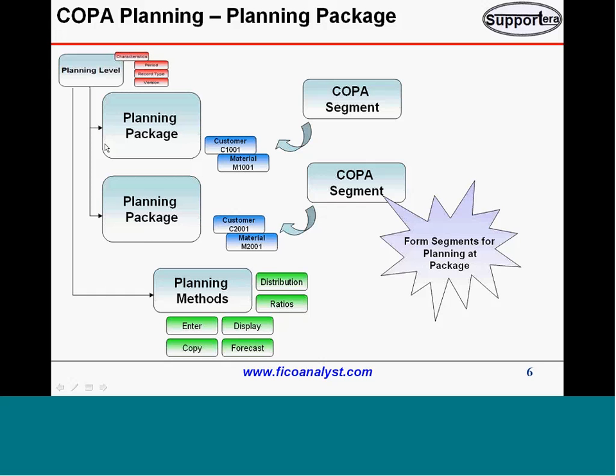Let's try to do some planning here. I wanted to do a planning on quantity and revenue. So let us first look at the planning level. What you need to do is right click here and say create planning level. You can enter the planning level here. So for example, I will say distribution level plan,